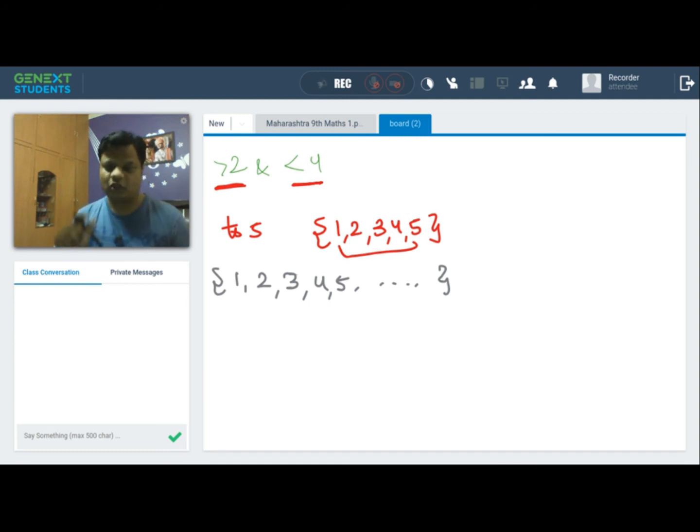So all the types of natural numbers, or if the question says write all the whole numbers, integers, rational numbers, or real numbers, all these come under infinite sets, because we know that the numbers go till infinity, right? We do not have a particular count of how many numbers would be coming. There are so many numbers and it goes on continuing. So if the numbers go on in continuation, we do not have a particular count. We call it an infinite set, right?